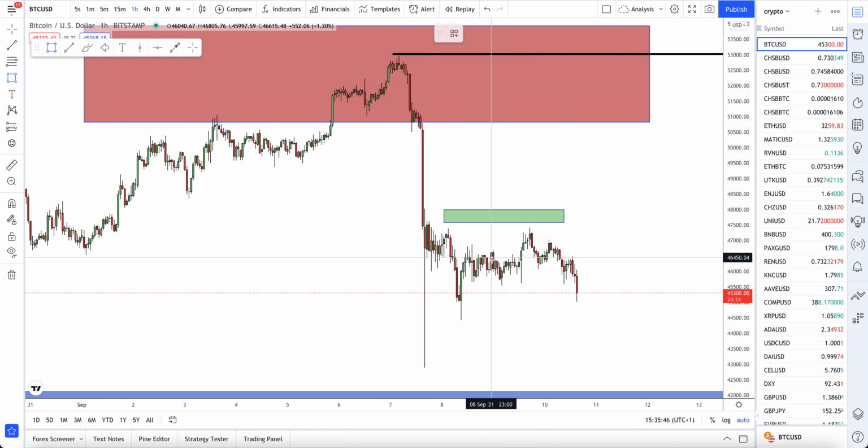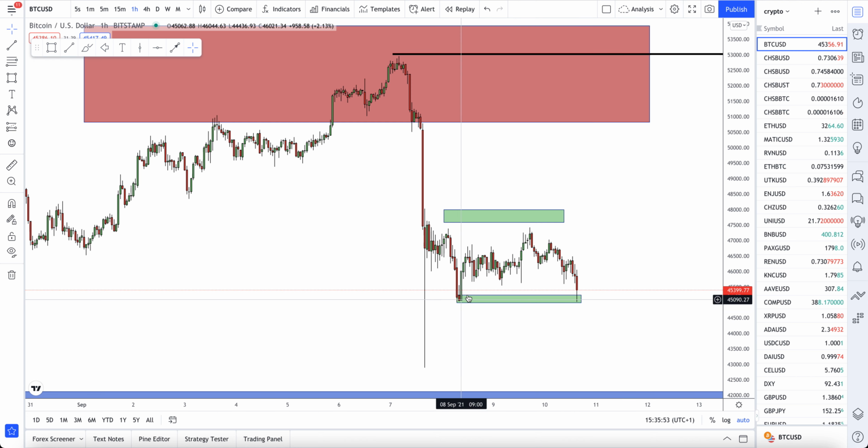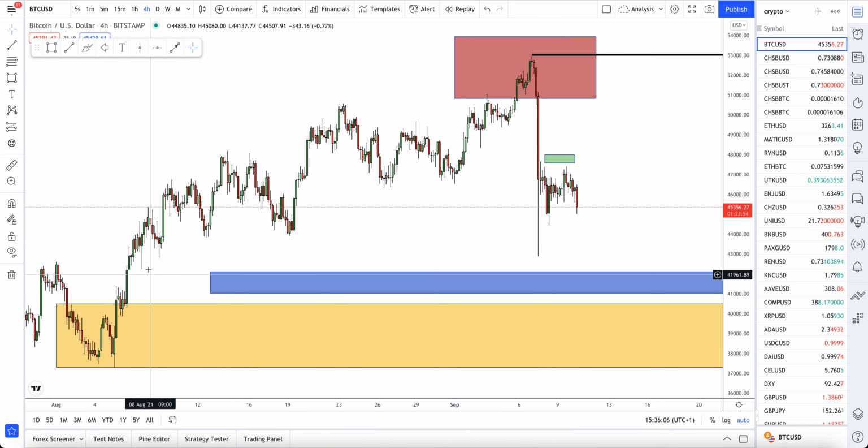Not really. The only liquidity pool that was interesting enough for us to even consider has just been tapped into. So any small amount of liquidity here is pretty much gone. There's nothing left. So if price wants to continue going lower, we would have to basically break down all of this wick, and then start to look at the areas on the 4 hour chart over here below the wick. So from this point all the way down to this point here, and work out if there are any pockets of liquidity or imbalances within all of this that price will need to come down and clear up, the wick, the imbalances, the liquidity, or pick it up and so on.